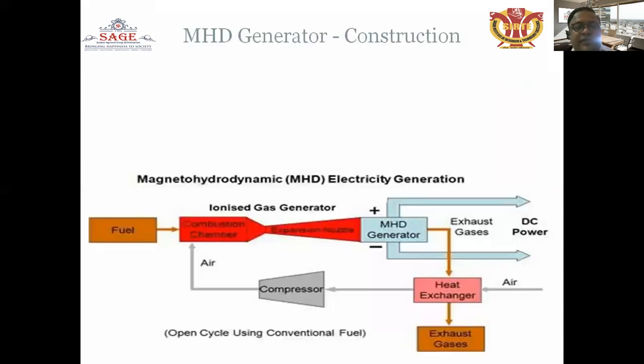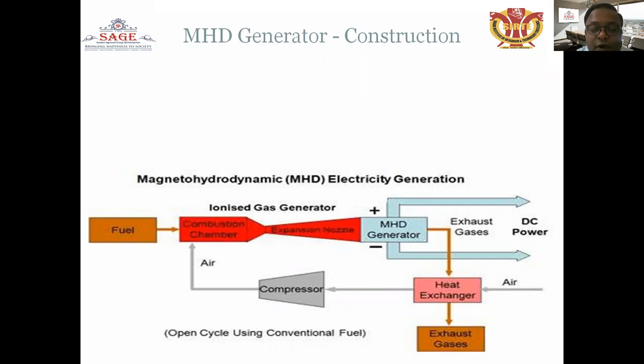This is the MHD generator construction, where the fuel passes through the combustion chamber, and the expansion nozzle is creating the speeding up of the flow. This is the electrons emitted from the fuel side, or energy created from this side. The pressure energy of fuel after combustion goes into the combustion chamber, creating a high amount of energy, and it passes through the nozzle and through the MHD generator, where the exhaust gases come down, and the heat exchanger recollects or reuses the energy for another section.